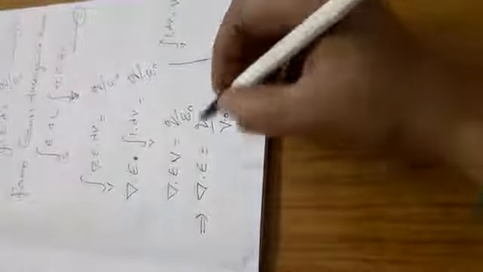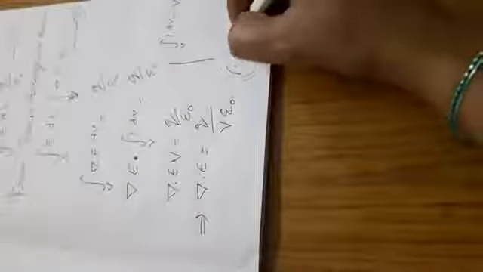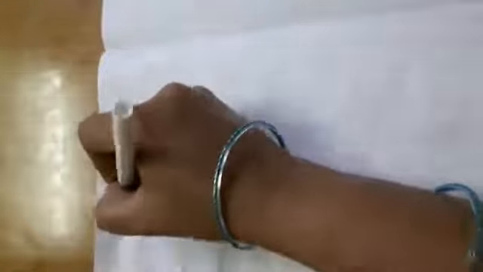Okay. So next we know that charge by volume is nothing but a density. Since charge by volume is nothing but the density rho V, we are substituting the value of q by V as rho V. So the above equation can be written as del dot E is equal to rho V by epsilon naught. Next, del dot E times epsilon naught is equal to rho V.